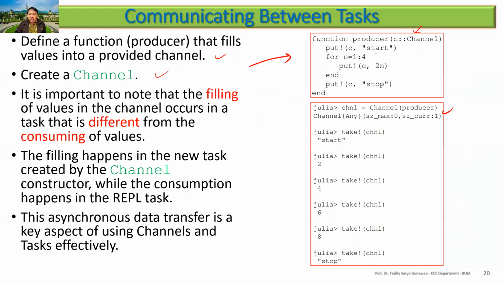Then you have put c, start and stop here, and you just multiply by 2. So 1 times 2 you have 2, then 4, 6, 8. It is important to note that filling of values in the channel occurs in a task that is different from the consuming of values.